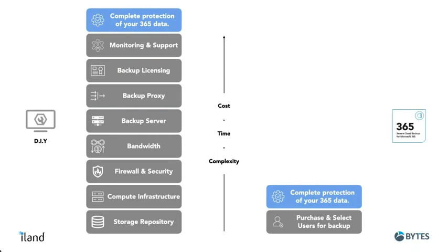And if we think about the iland model of being able to simply consume per user and not have to worry about storage, in a DIY approach you have to think about storage not only now, but how that's going to evolve over the next 2, 3, 4, 5 years, and how you'll need to purchase additional storage going forward. So we really think we've simplified the approach, got to the outcome quicker,